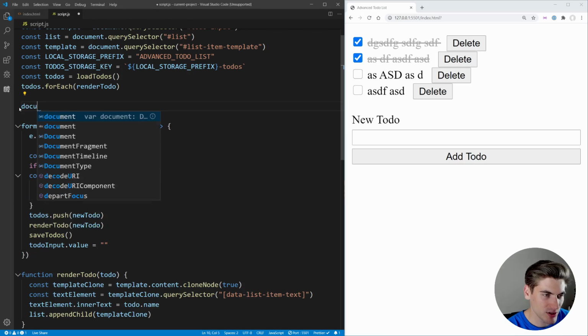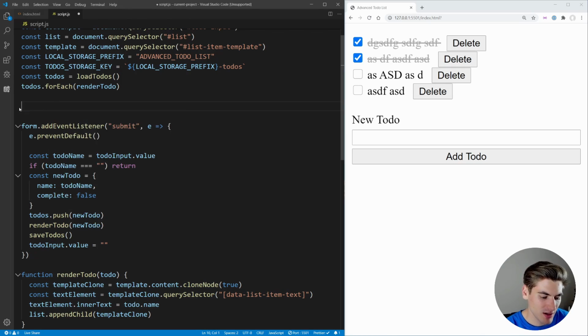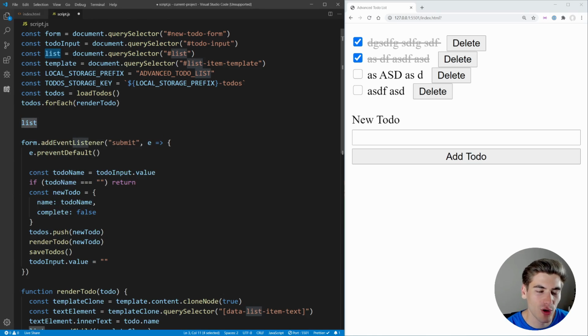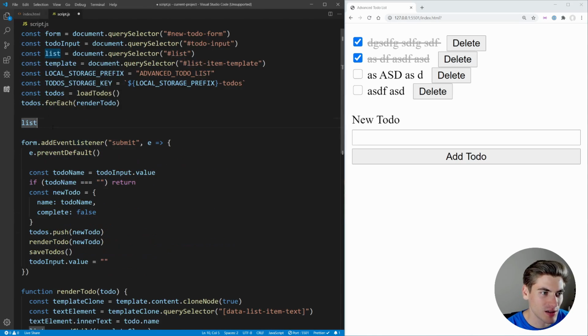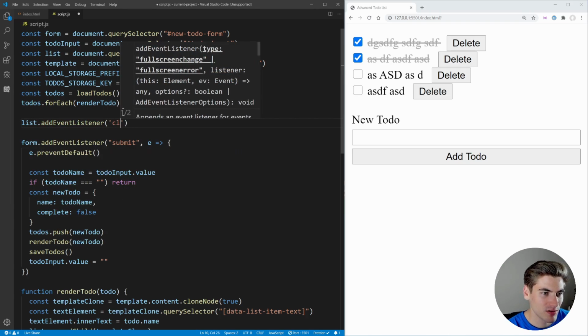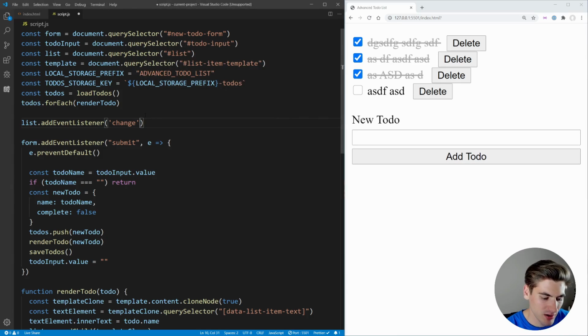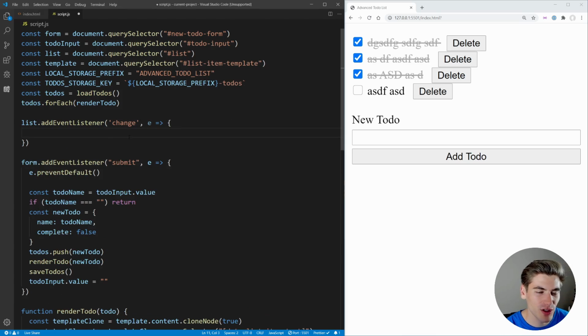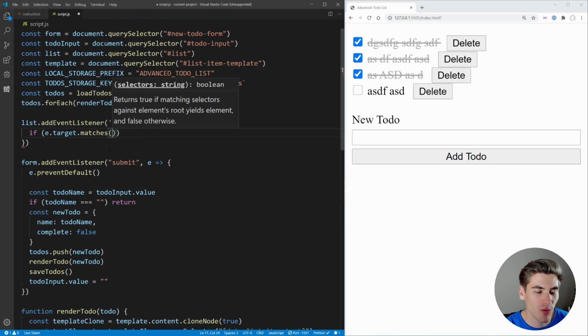Instead, what we want to do is just set up an event listener on our document. And actually, instead of setting it up on the document, I'm going to set it up on our list object, since we know all of our to-do checkboxes are inside of this UL list right here. So we can just say list.addEventListener, and we want to listen to the event of change. This is going to occur whenever we change our input from one value to another value. And we're going to run this function here. And inside here, we just want to check to see if this is a checkbox. So we can say if e.target.matches,